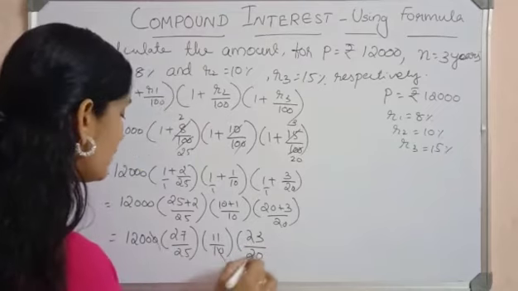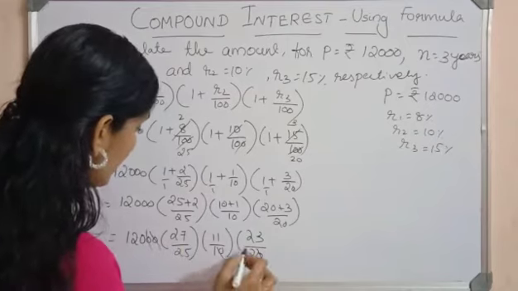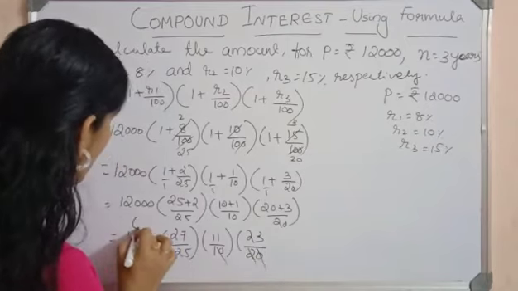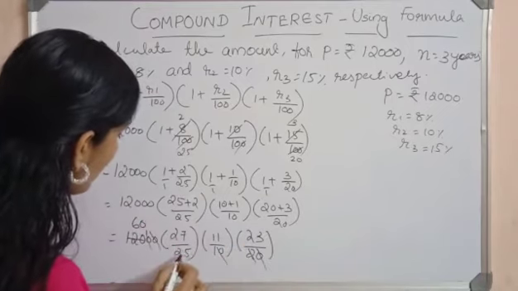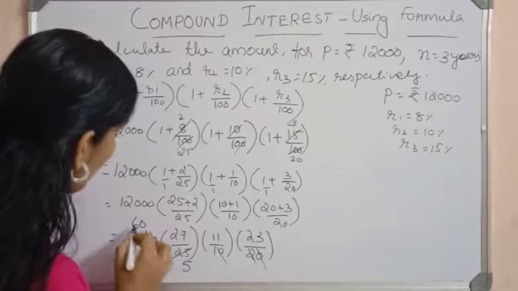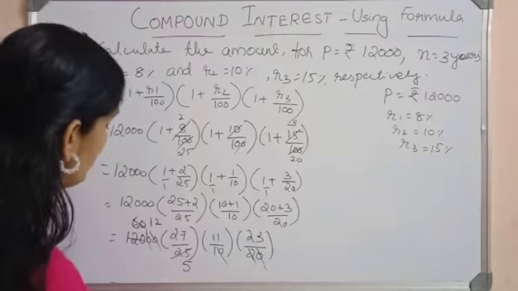Cancel the zeros here, and with 2 if you cancel, this will be 60, and with 5 if you cancel, 5 5s are 25, 12 5s are 60,